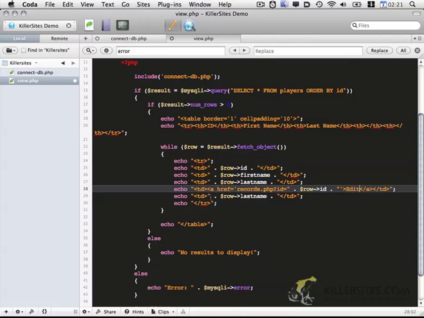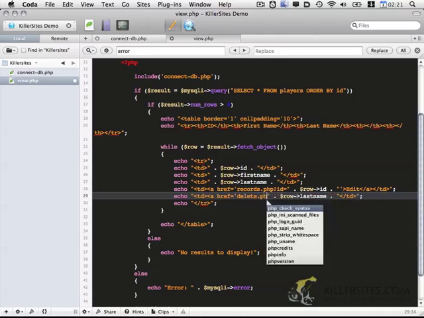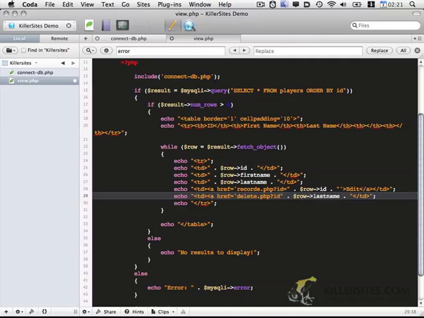And then pretty similarly, we want to start off here. This is going to be delete, so delete.php?id= ID, and then close out the link,